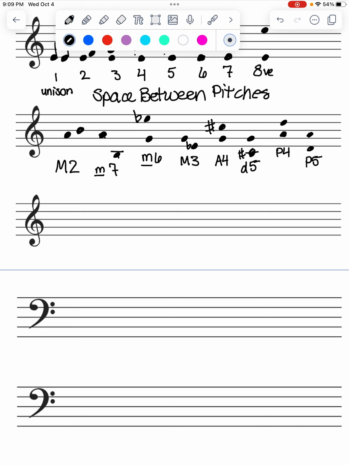Once again, the one thing I will remind you always, always, always, perfect intervals can never be major or minor. Perfect intervals will never be major or minor. Remember. Okay,